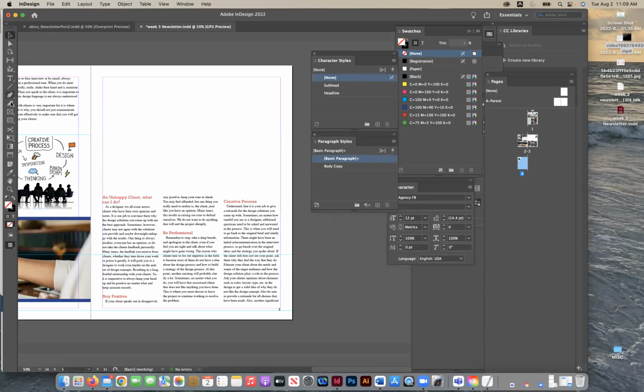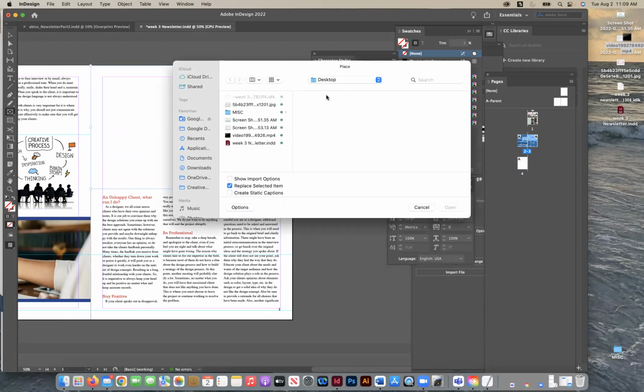So we want to find a picture in here. We're going to take the rectangle frame tool. I'm just going to draw a big square here. Command D is place. And we're going to go ahead and find,